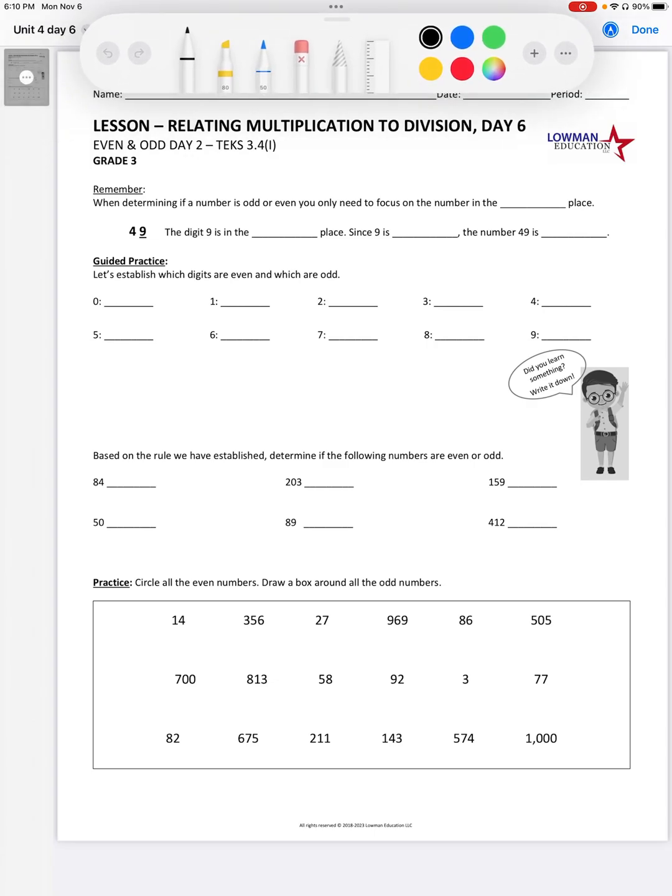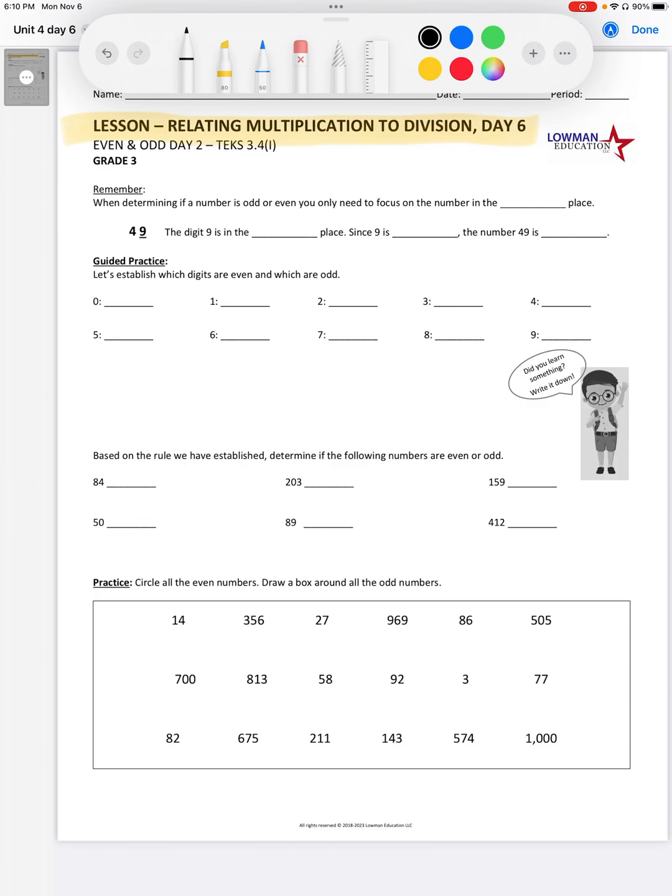I'm going to make a very quick video, I believe, going over the day 6 lesson from Unit 4, which is relating multiplication to division. This is our even and odd lesson, and we will spend a whole day on this and maybe a little bit of another day. The kids come to 3rd grade and they can tell you which numbers are even and